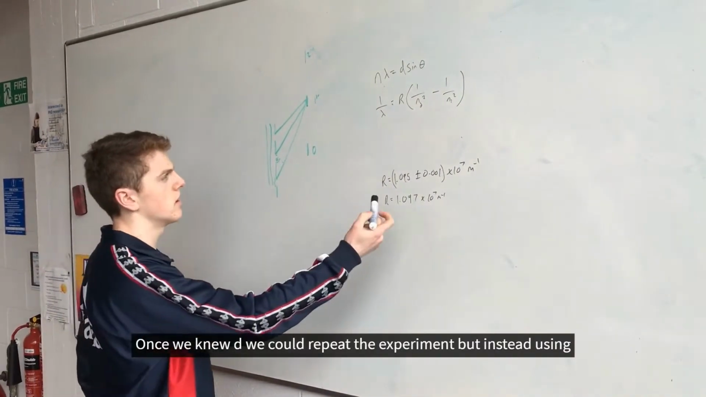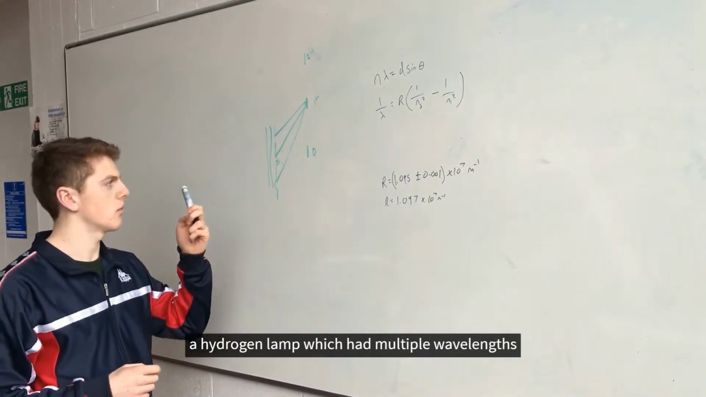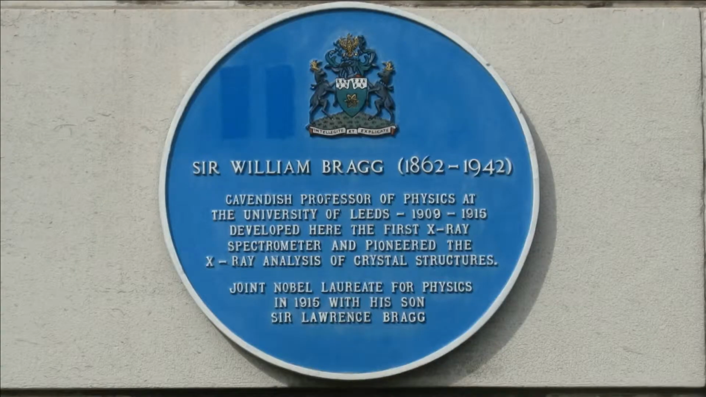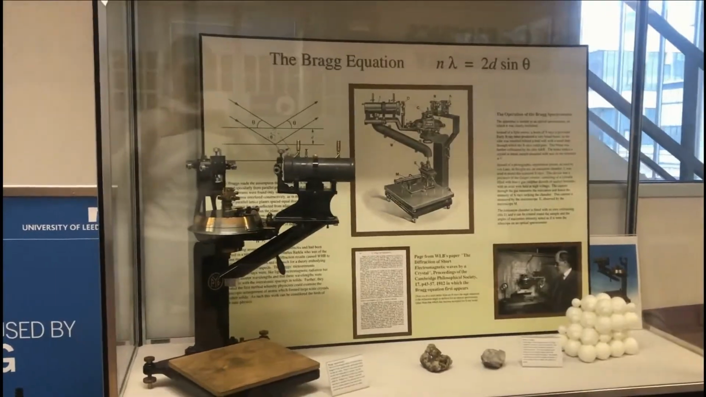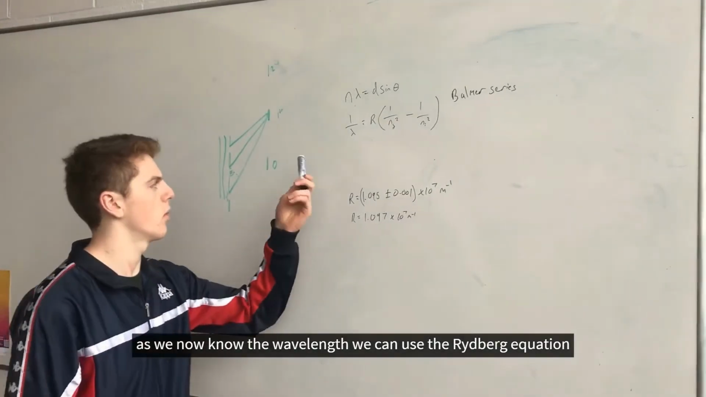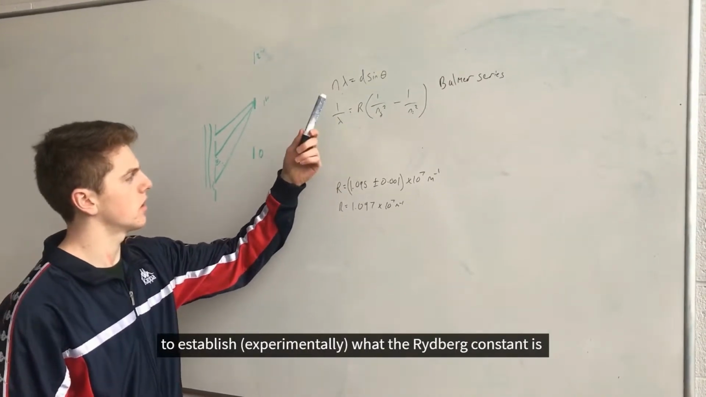So once we knew d, we could repeat the experiment, but instead using a hydrogen lamp, which had multiple wavelengths. Looking at the angles produced by the hydrogen light and then using Bragg's equation, we can find the wavelengths of the Balmer series transitions. As we now know the wavelength, we can use the Rydberg equation here to establish what